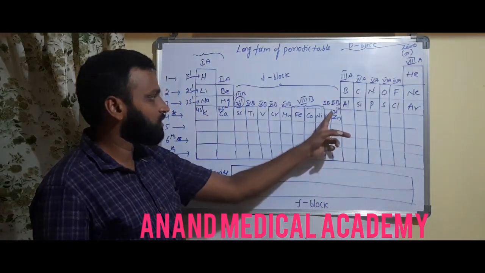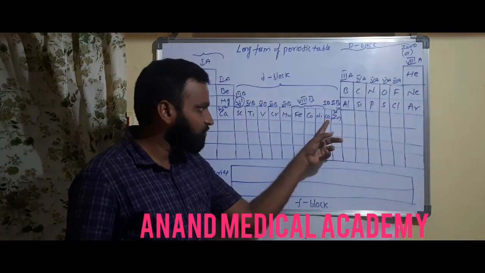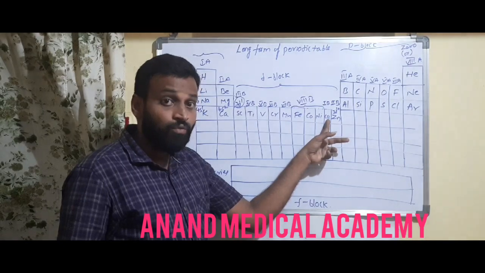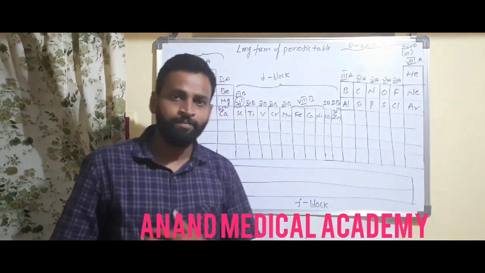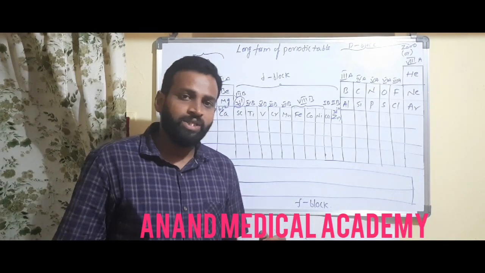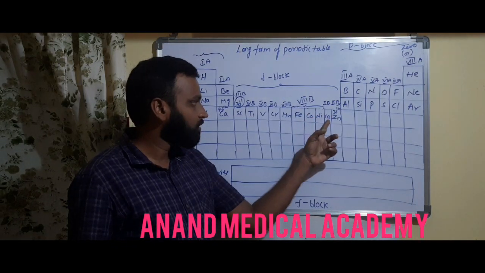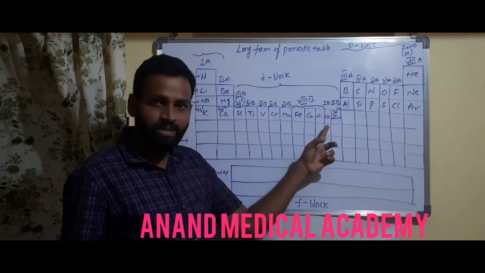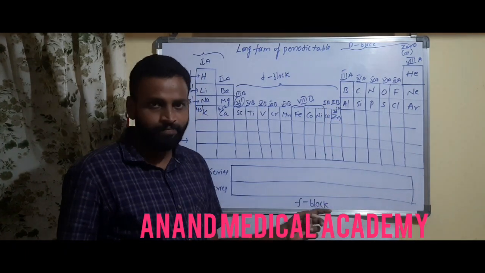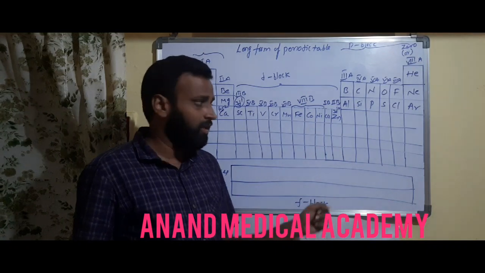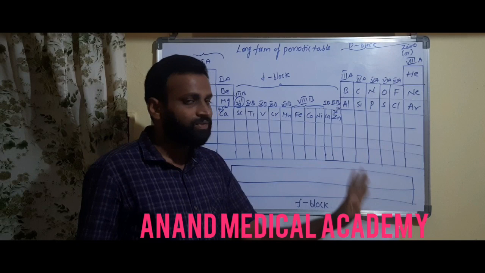Why 2B? Because the last 3d10 is completely filled. For copper you see the 4s1 3d10 configuration. I will wait for 2 seconds. Copper configuration is what? 4s1 3d10. So 4s1, so 1B there. Understanding? 4s1. Here 5s1 will come. So that's why these are 1B, with 3d completely filled. And zinc is 2B. Why 2B? 4s2 3d10. 3d is filled.